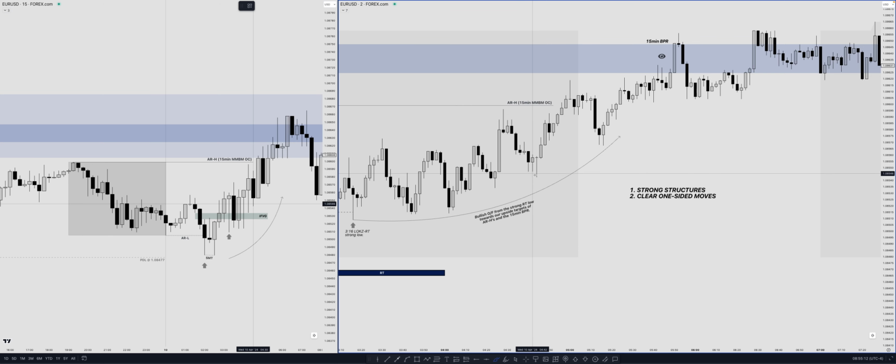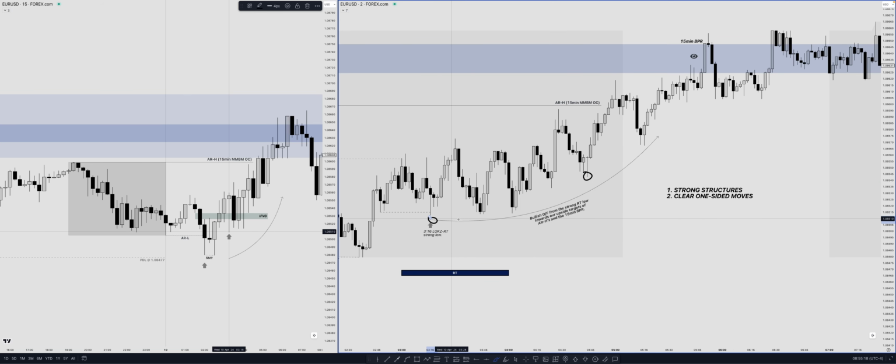What we have right here is a strong structure. Why? Because it ran liquidity right here. It gave a breakout. It's moving into the main direction towards our main targets with the lower time frame direction. So in this case, we have the same thing right here. Now, when it's 2-in-1, strong structure and clear one-sided imbalance, one-sided move, it's the most obvious option to spot and